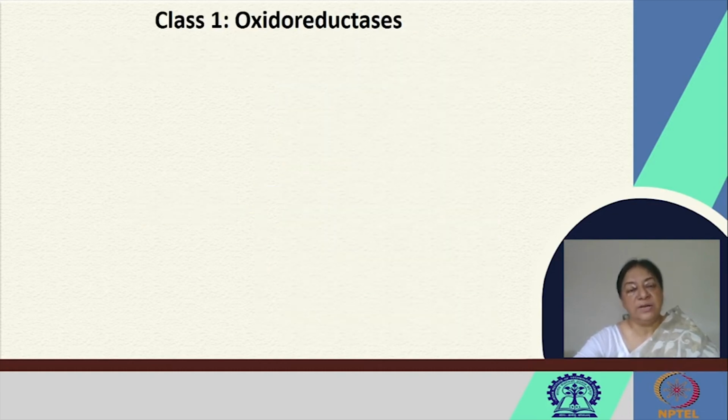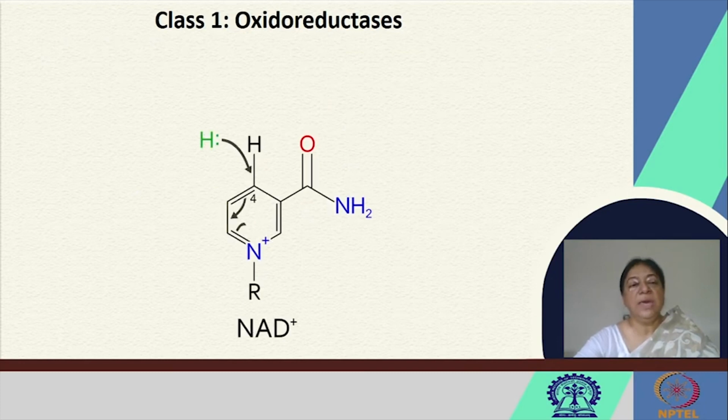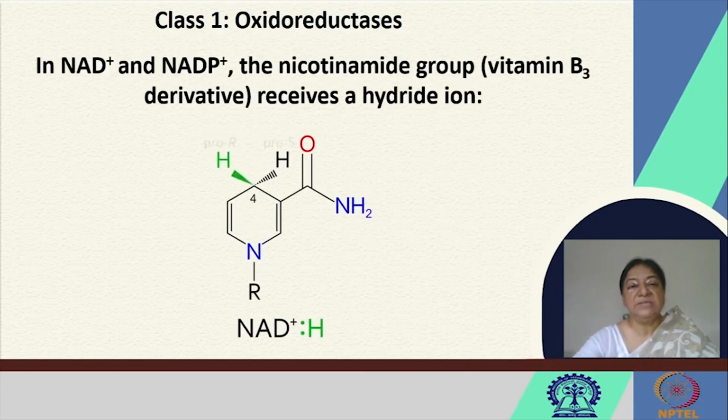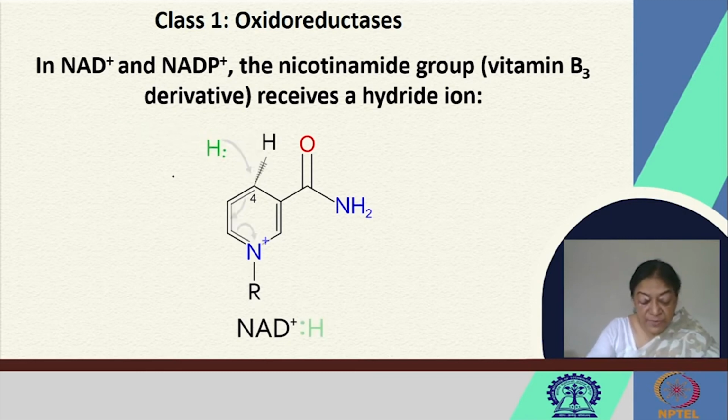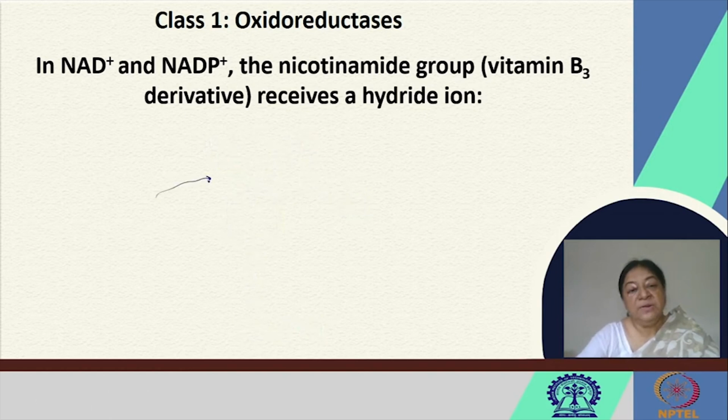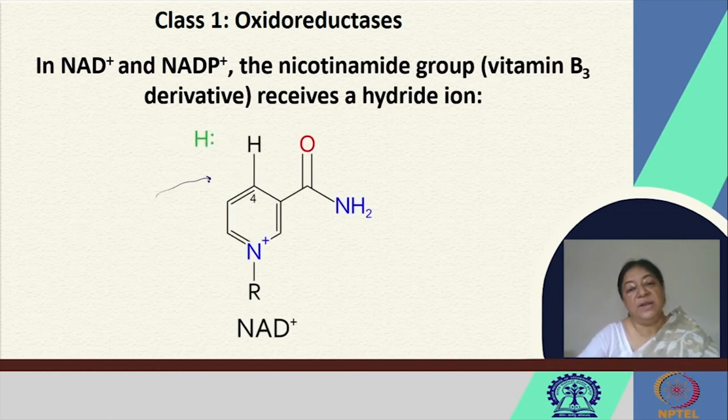For oxidoreductases, we will be looking at NAD+, the nicotinamide group, a vitamin B3 derivative that, as we can see from the hydrogen that is coming in, receives a hydride ion. We learnt in the previous class the importance of the pro-R and the pro-S positions for the chirality of the specific